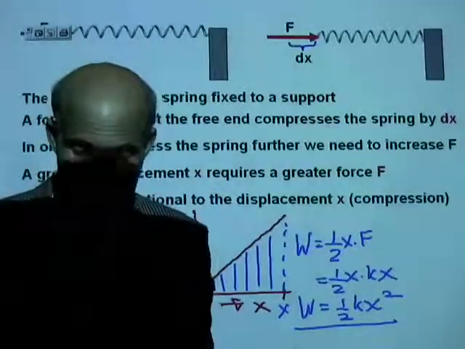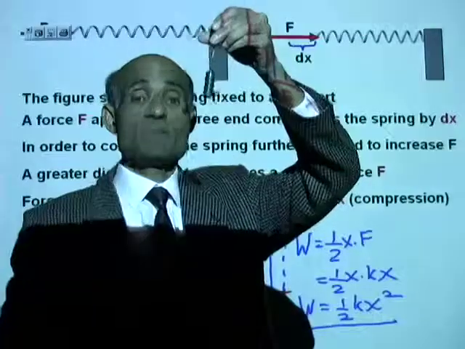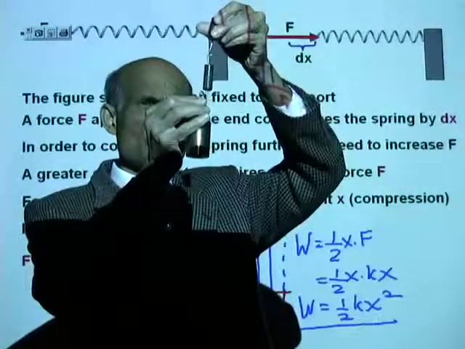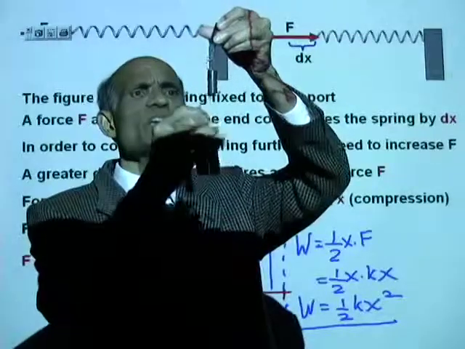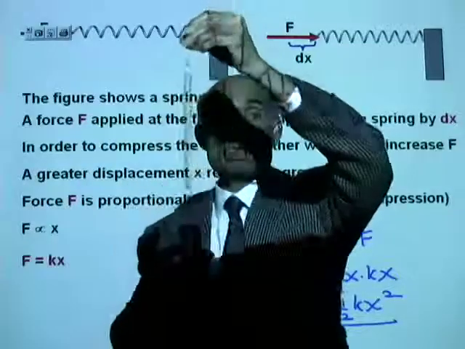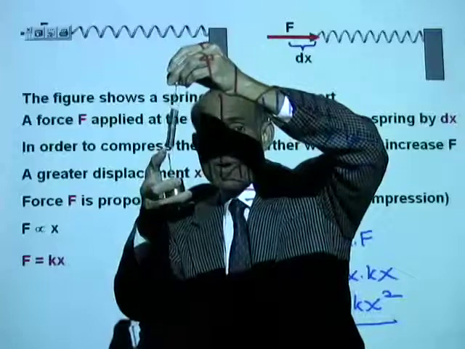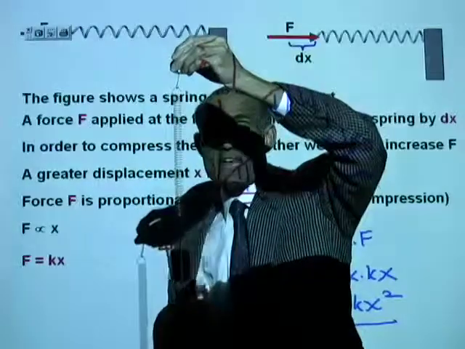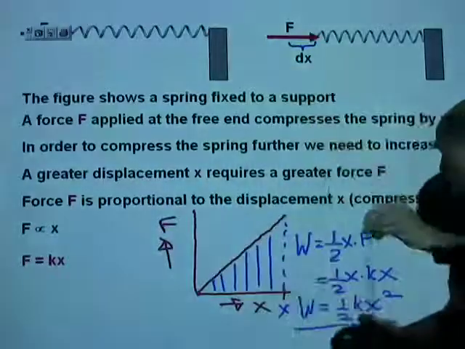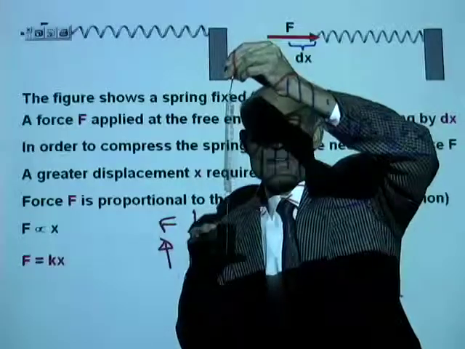Alright? So if I want to stretch this spring, now this is the length of the spring when it is not applied any external force. If I now apply a force on it, I'm going to stretch this by suspending this weight from there. Now tell me, what is the stretching force if I suspend this mass? The stretching force will be mg. I have now produced an amount of stretch x. Now look at this. This is the length when it is unstretched. Now I can measure the length x, and therefore I can now calculate the work done in producing the stretch. What is the work done? Equal to 1/2 kx squared, where k is called the spring constant of this spring, and x is the amount